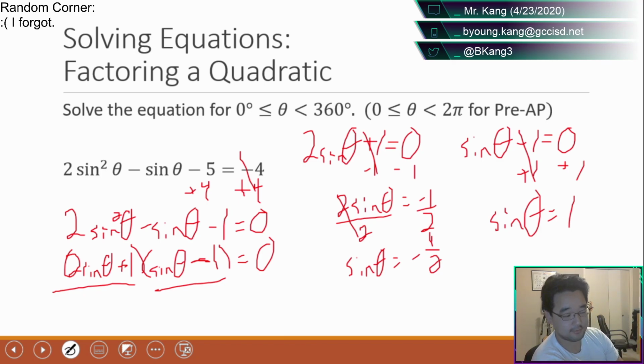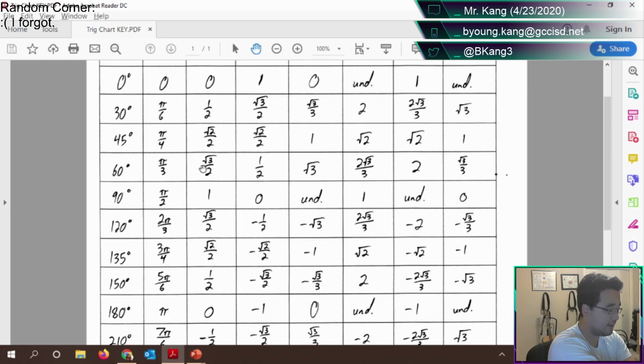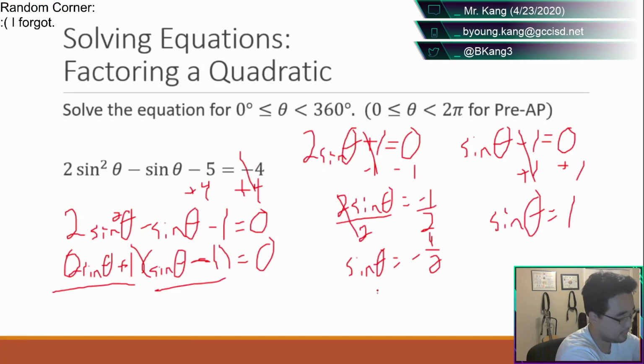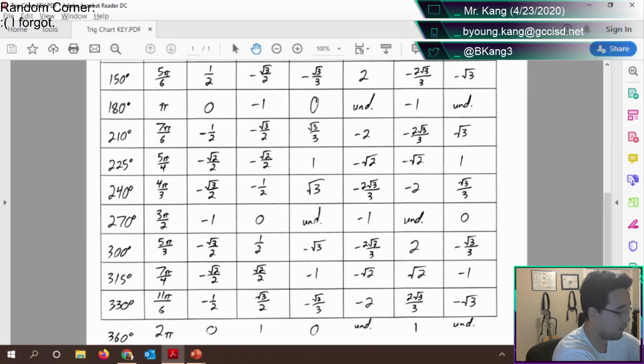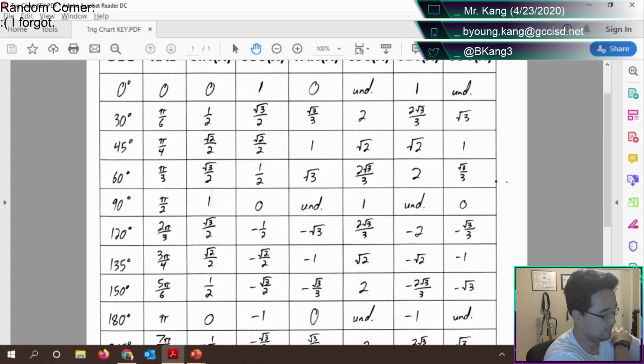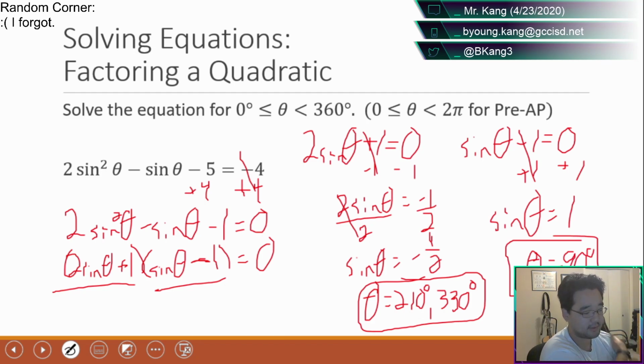But where is sine equal to negative 1/2? Where is sine equal to positive 1? So let's just do it separately so we don't get too confused. Let's just look up sine being -1/2 first. So sine is -1/2 back here at 210 and at 330. And then sine is equal to 1 at 90, which should be the only place. Alright, there's only one place on the unit circle where the y-coordinate's 1. So you got 3 solutions to this problem, 90, 210, and 330.